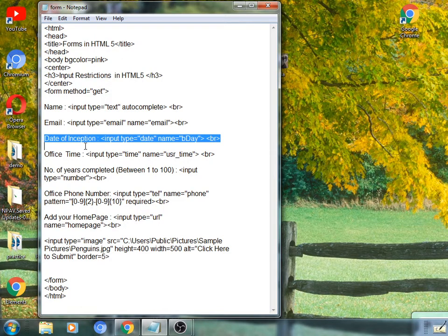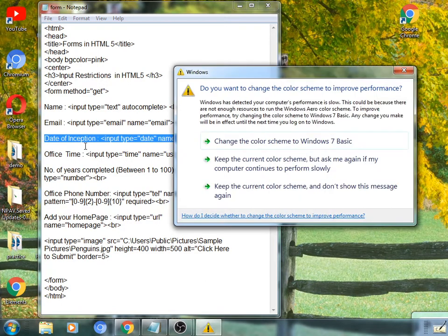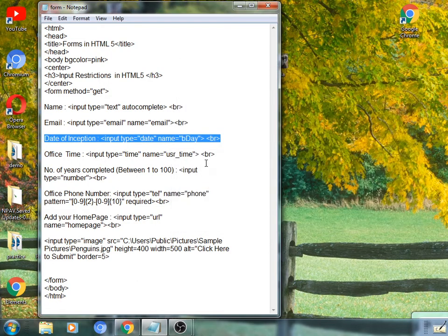Before, we studied input restrictions theoretically; we have studied date, month, local date time type of elements, and such values are entered by using such an element by clicking on a particular date symbol.